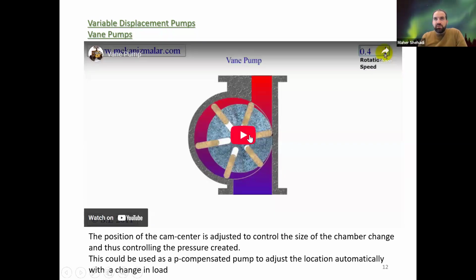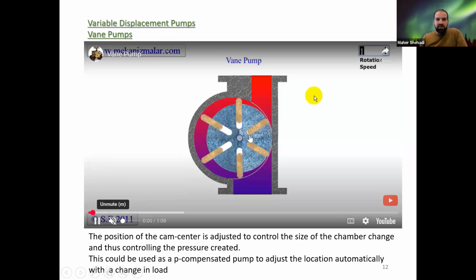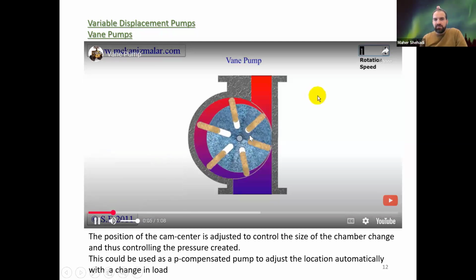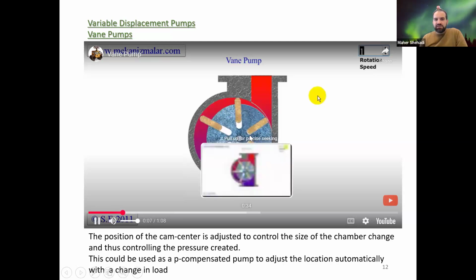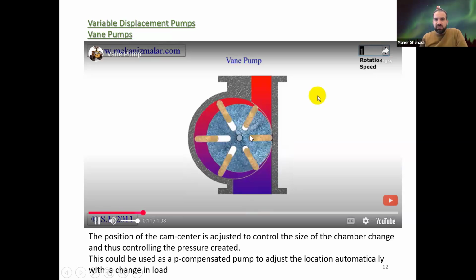The vane pump is similar to that, so that's why I'm only going to show this video. It serves for both the radial piston and the vane pump. The vane pump is again very similar to that. You have a camshaft, except now the slots are inside. Let's run the video as I talk. The volume here is inside the cam, not inside the enclosure. As the flow goes in, the volume is reduced here at the outlet, and then it leaves